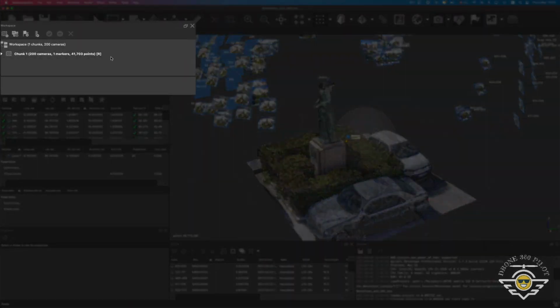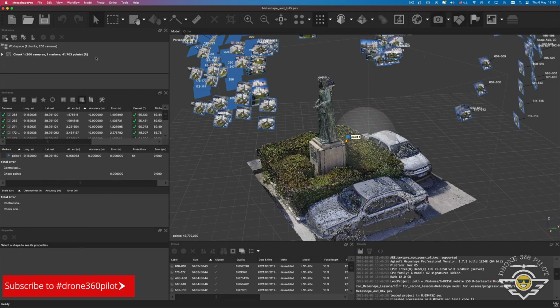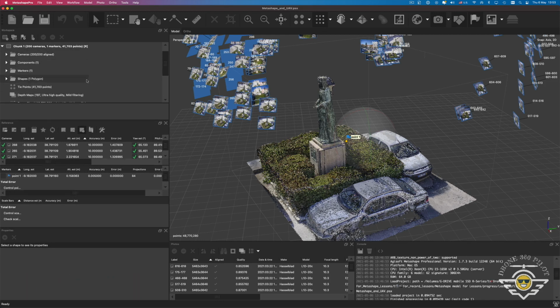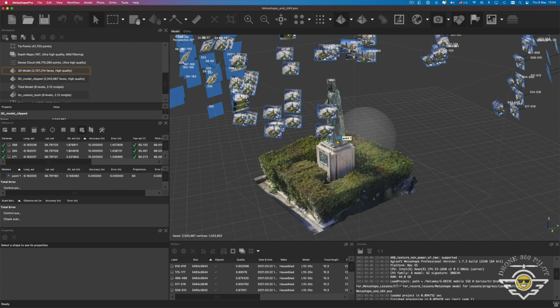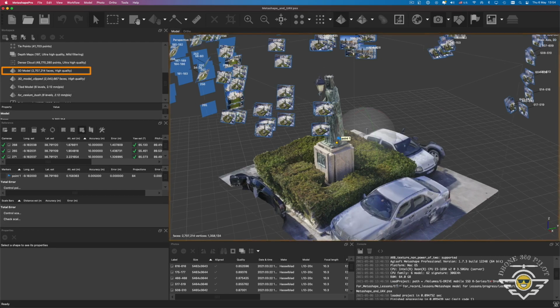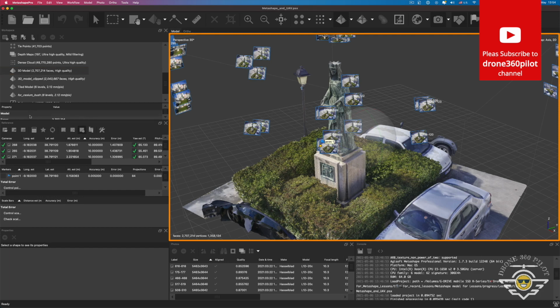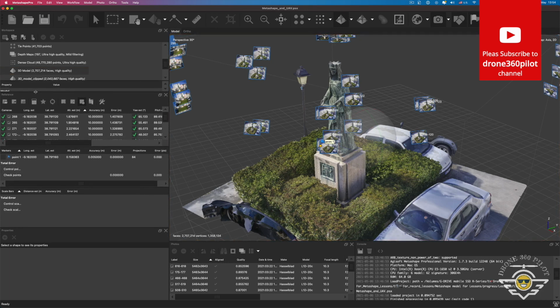Workspace tab by default located on the upper left. It is one of the most often used component on the interface. In this area, you create chunks to store and manage data for your entire model. Chunks are like folders. Here will be collected all data about your model. By opening the chunk, we can get a wide variety of information, from the amount of photos loaded for the current project up to full list of models generated and their quality and resolution as well. So when you double click on one of the model, representation of this model will appear at the right. Okay, let's move to other working panels as well.